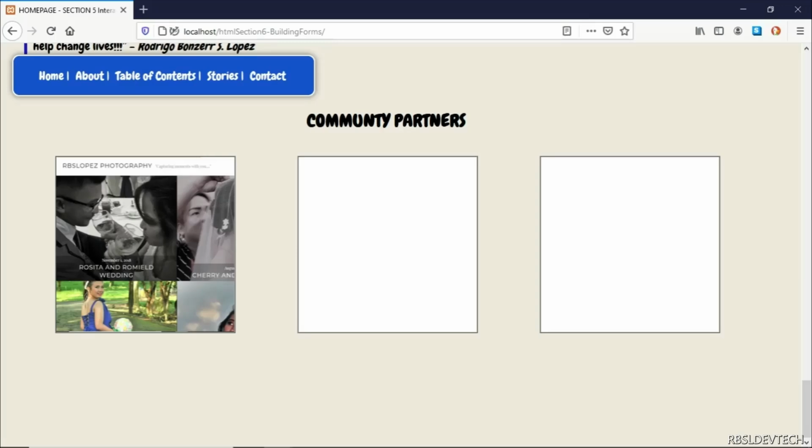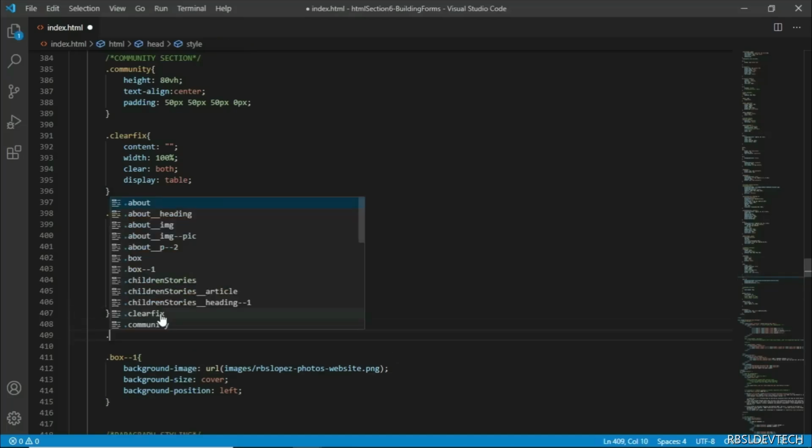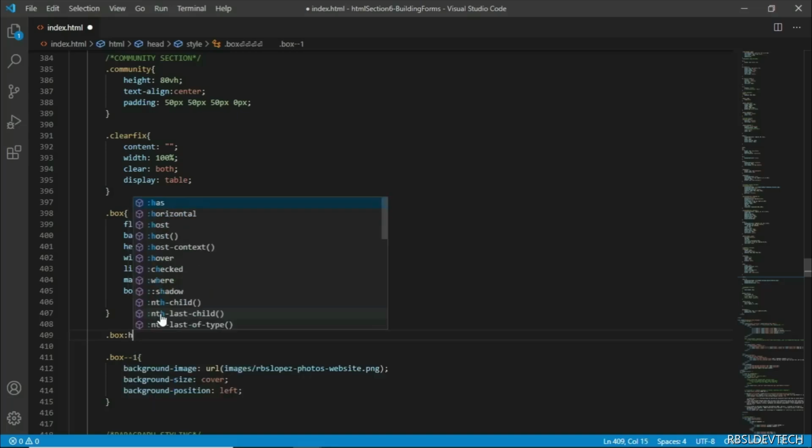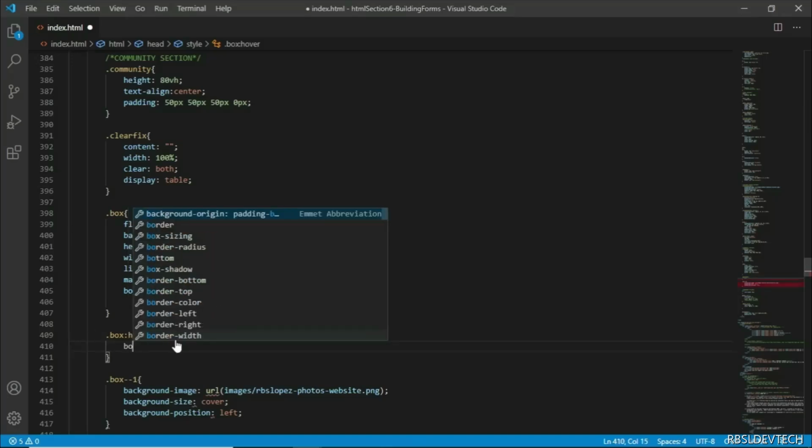box. So I would want this to have a little bit of an effect, and that would be, I would want all of the boxes to be hovering. So I'm going to select the box, the general box style class selector that we use, this specific class here. And we would want to apply some styling for the hover state. So let's give it a box shadow